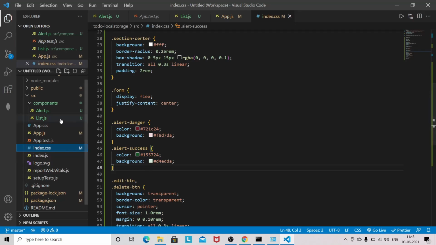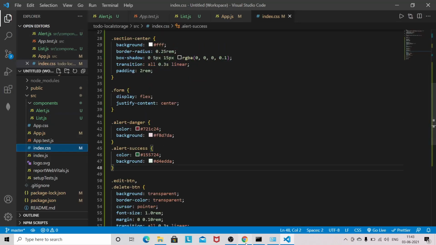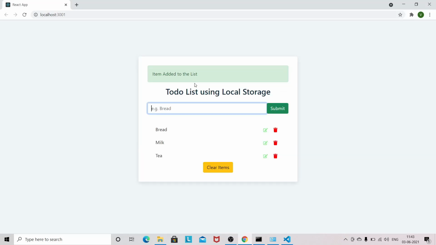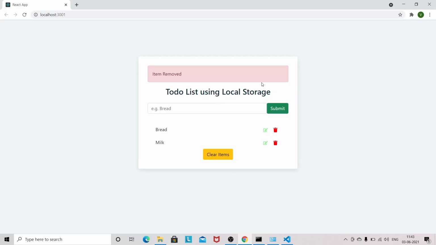We are appending danger and success here. So you can add this styling, and after adding it, if you add any item like tea, you can see it's a little bit green, and if you remove, it's a little bit red.